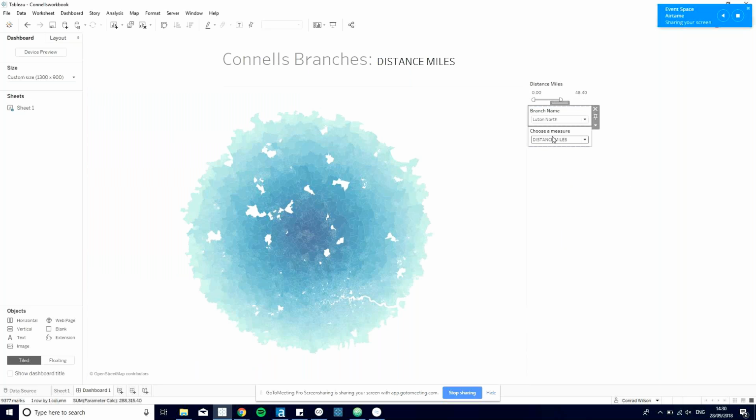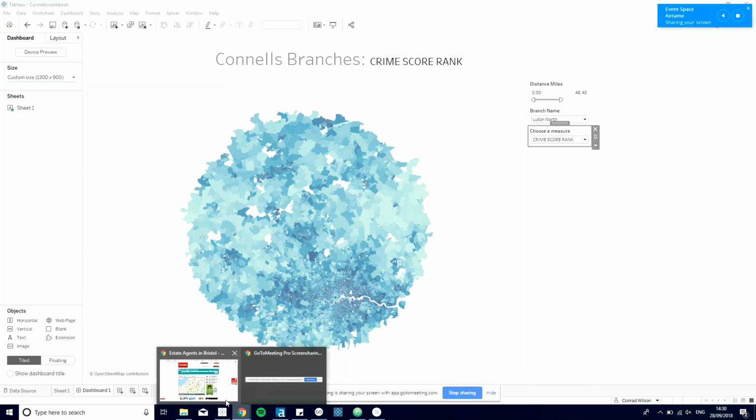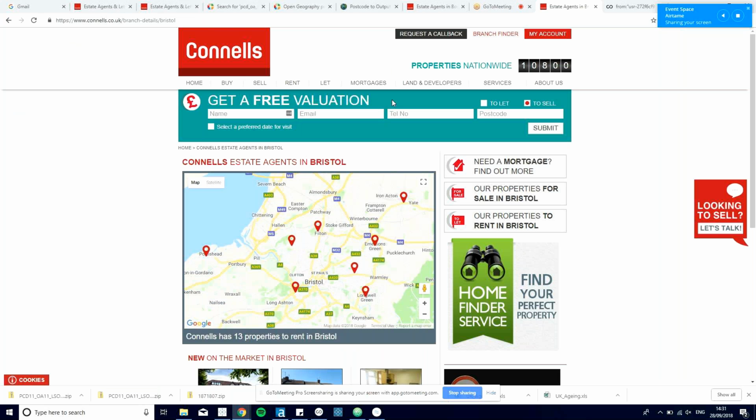So have you got all the branches in there, or just a few? Oh, so the other one must have been on the coast. I know St Neots has a Connells, but yeah. Glad you brought that up, George. One of the issues that we came across is that there was a difference between the website. So if we, did you get rid of the